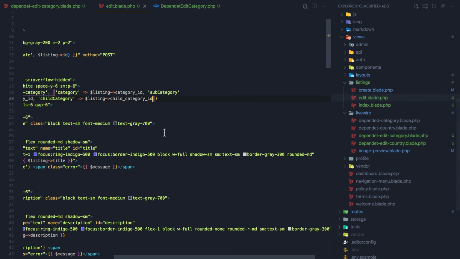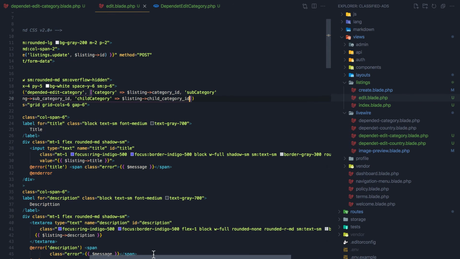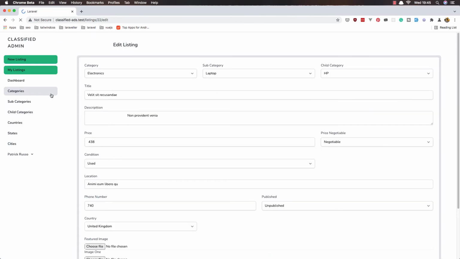and this is dependent edit category. Why? Yeah, dependent. Oh, dependent, like this. Okay, refresh,